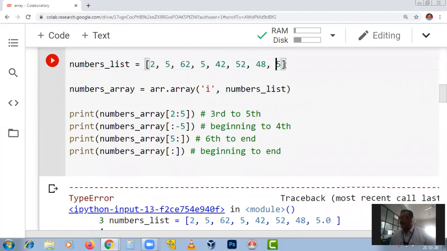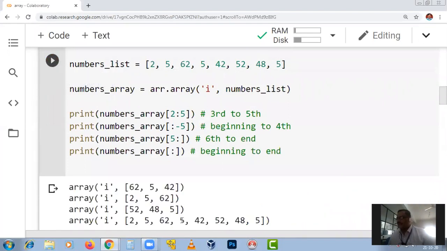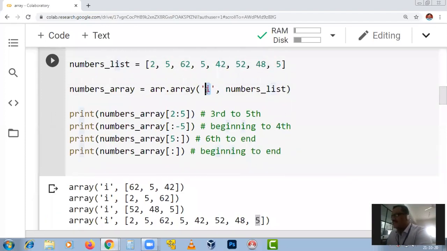Earlier I had given 5. Now it allows. See, it is allowing. Duplicate elements are also allowed. Only thing is they should be integers, of the same data type. Very good question, Jayant.